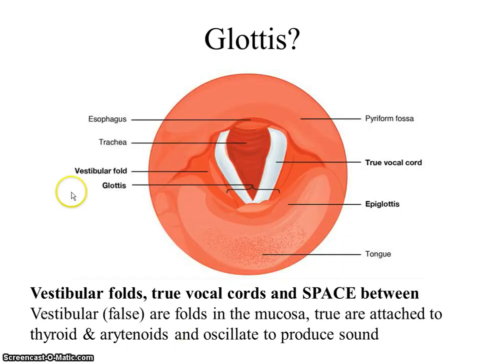All right, so here's looking down into the glottis I was talking about. The glottis is made up by this opening, right? And then these true vocal cords, which are made of elastic regular connective tissue. And then these vestibular folds, which are more mucus and related soft tissues, and sometimes called the false vocal cords. And so here's again our tongue, so here is anterior. The glottis is collectively all of this. You've got a vestibular fold, you've got true vocal cords,